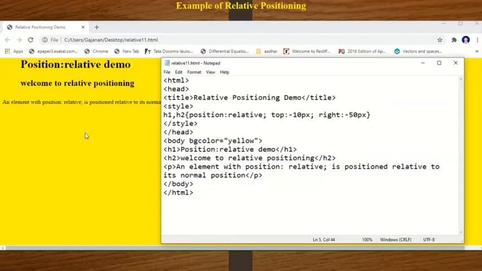So relative positioning is an element positioned relative to its normal position. So in this way we display the text with the help of relative positioning. Okay, next